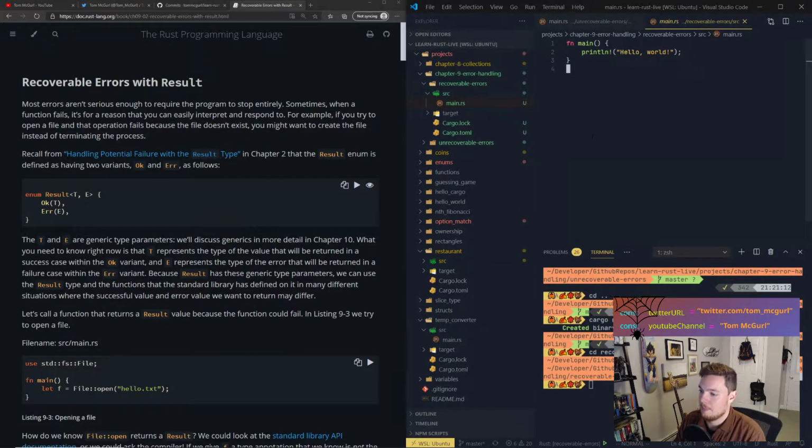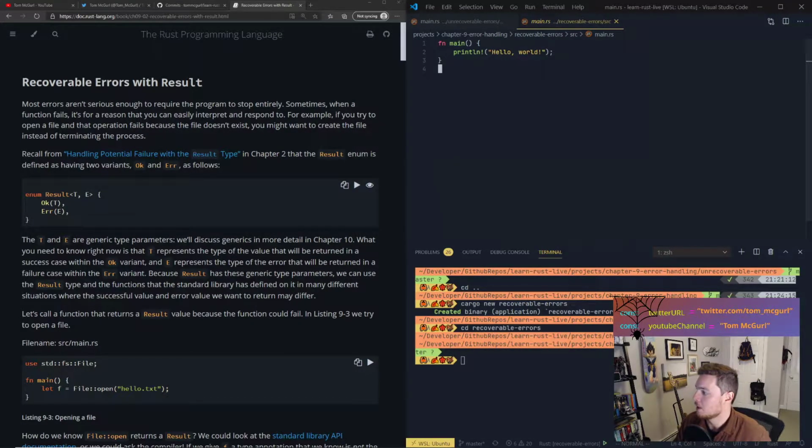All right. Let's close this out. So we're going to go ahead and import a file from the standard library here. File system, file is what we want. And we're going to say let f equal file open